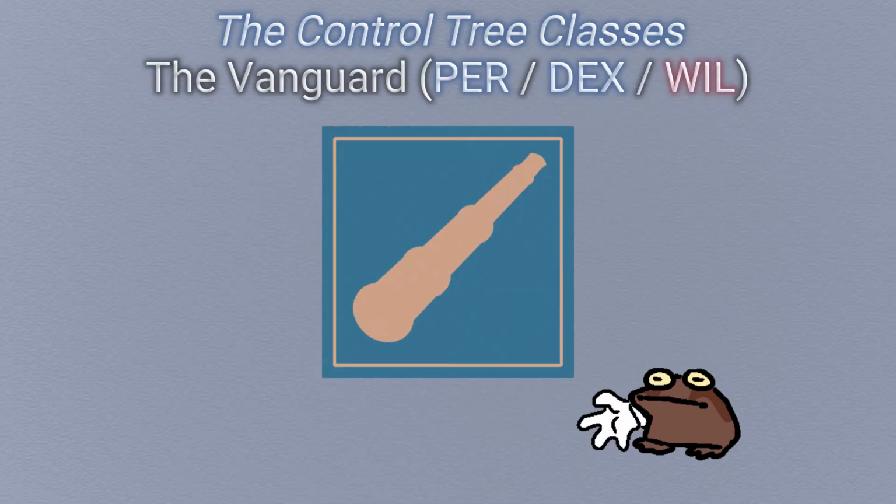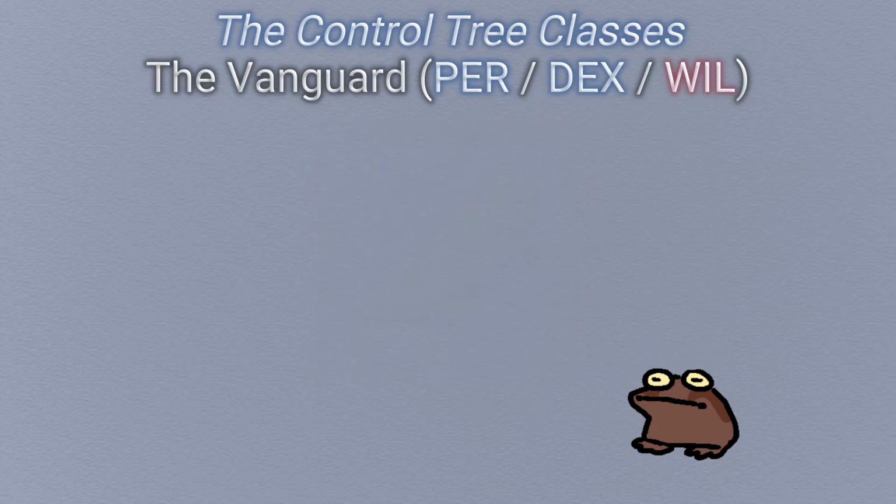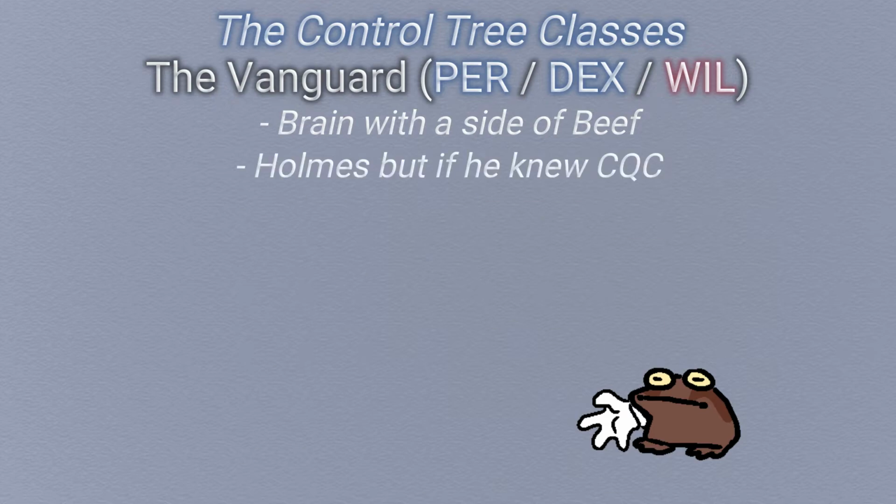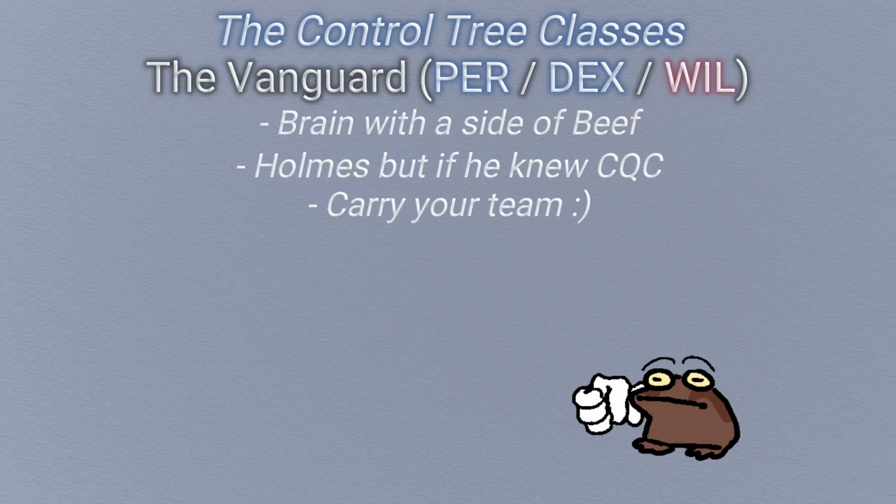The Vanguard focuses on perception, dexterity, and willpower. This one's interesting. The combo of perception and willpower makes you an unmovable source of information for your allies. The Vanguard might be for you if you like the juxtaposition of shrugging off hits as a control class. You enjoy gameplay based around in-combat, up-close investigation. Or you find your team entirely lacking in perception classes, but you don't want to be left out of the